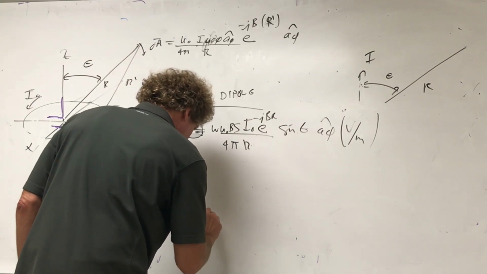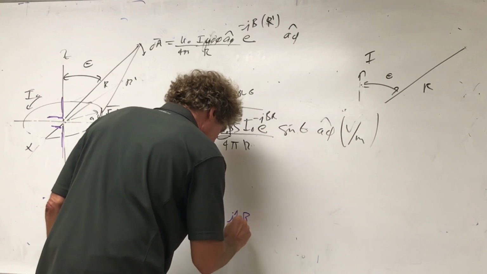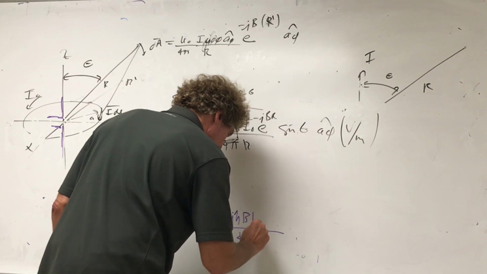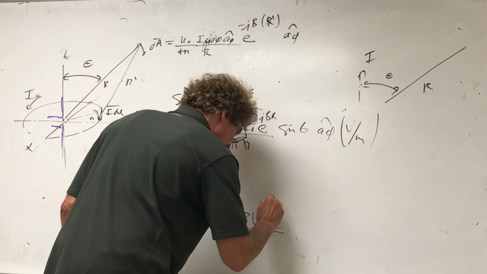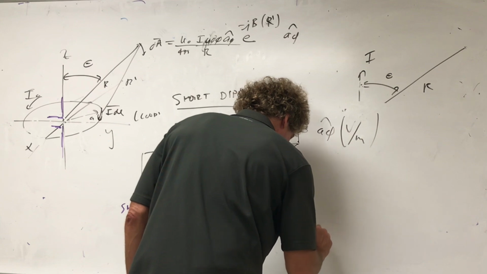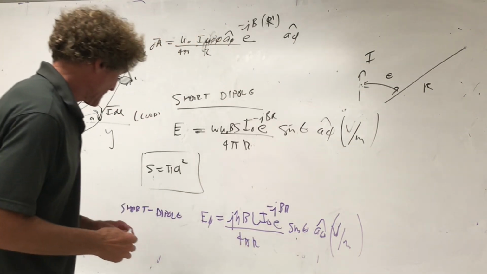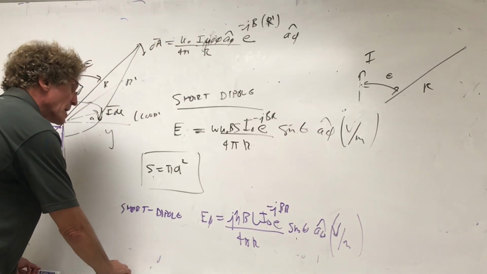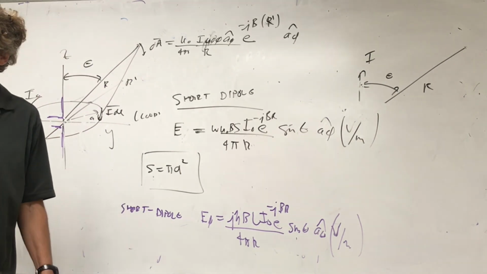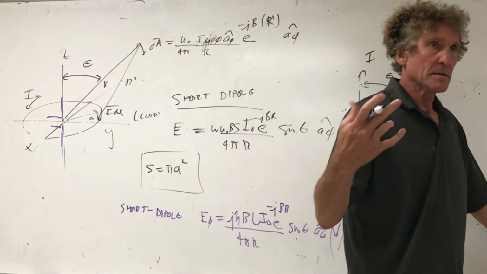the electric field in the theta direction here is, I'm going to try to show you the similar, j eta beta over 4 pi r times L times I naught times e to the minus j beta r times the sine of theta in the a theta direction, volts per meter. Now, I'm doing this for a reason, so you can try to see the similarities and differences. If you look at this one for a second,